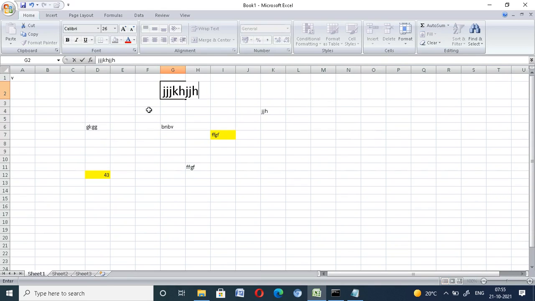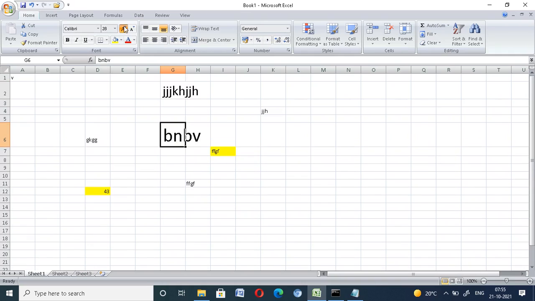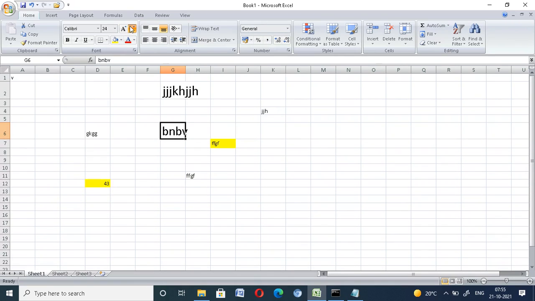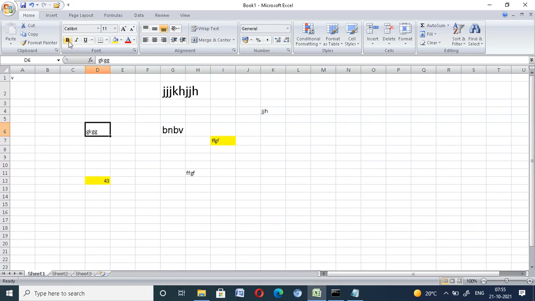With this you can change the size of the cell text: select it and increase or decrease. Another one is bold. This one is italic, and the last one is underline. This underlines the text, and there is also double underline.